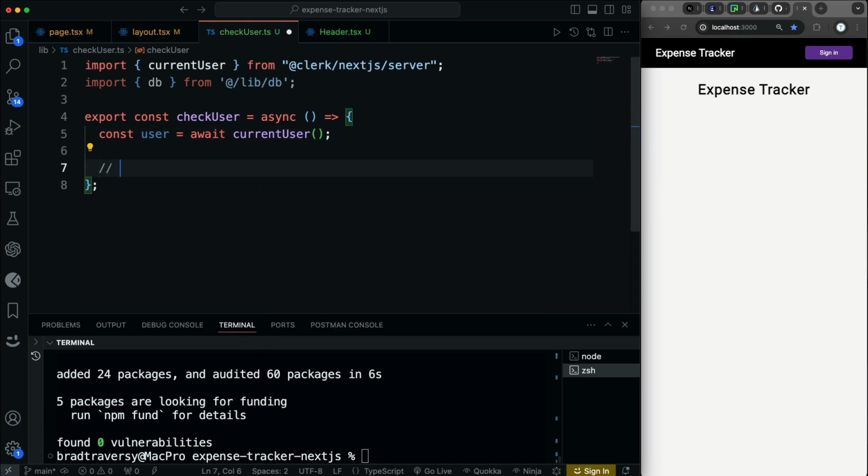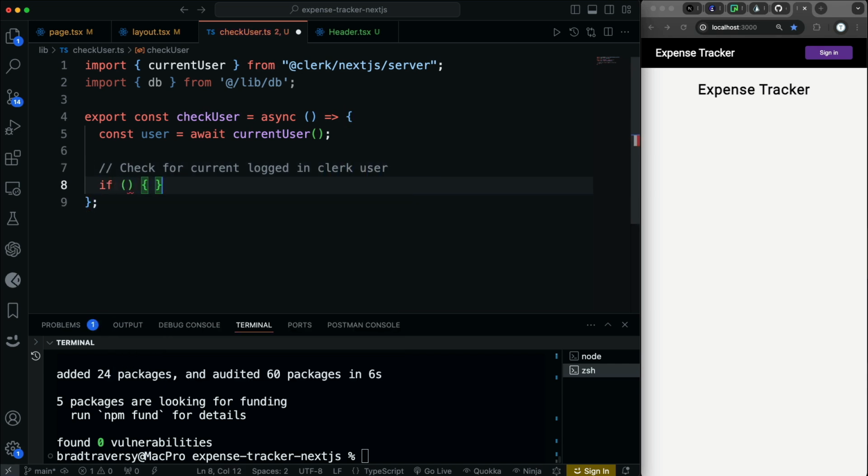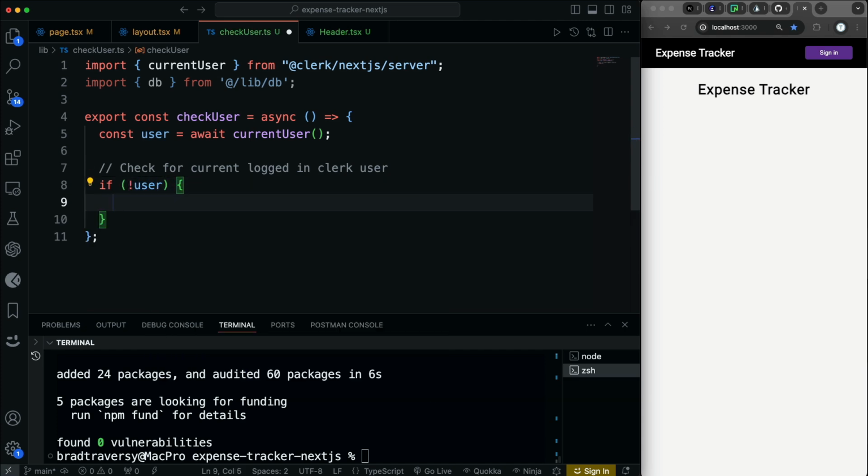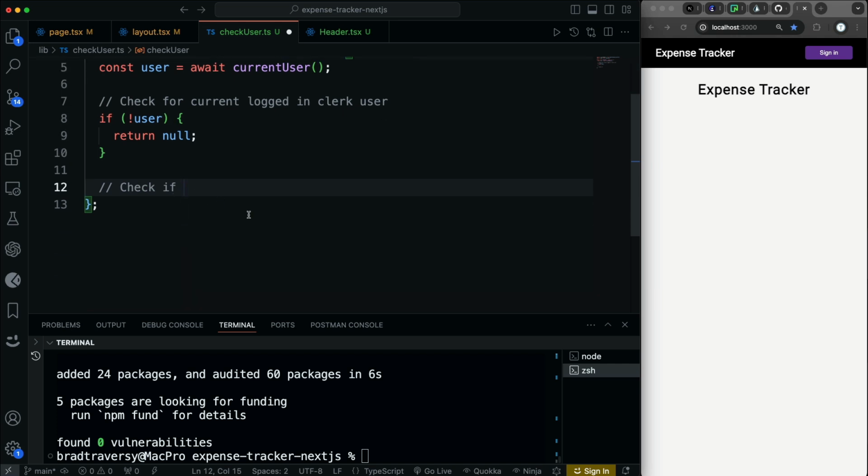All right, then we want to check, let's say check for current logged in Clerk user. So we'll say if, and then if not user, then let's return null. Okay, so if there's no user, then we'll return null. Then we want to check if, and what I mean by that is it's checking Clerk, not checking our database. But we want to check if the user is